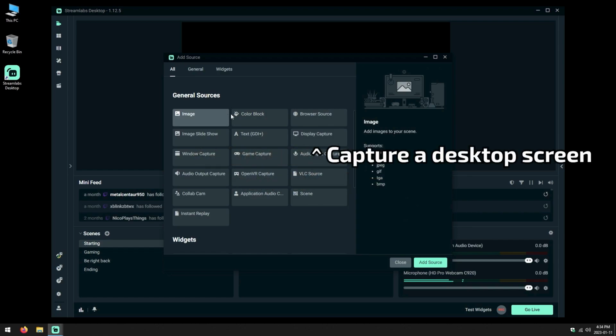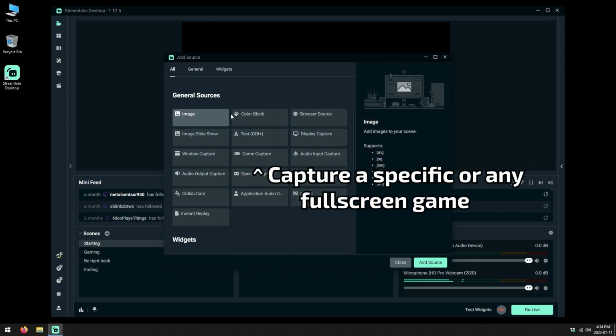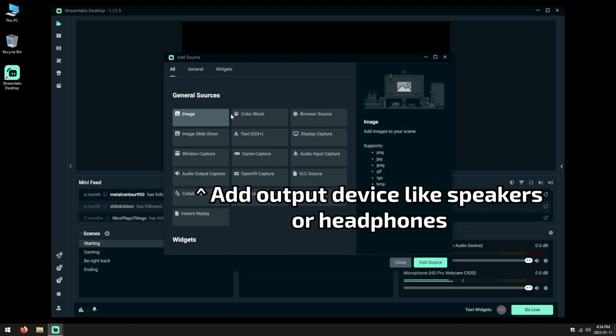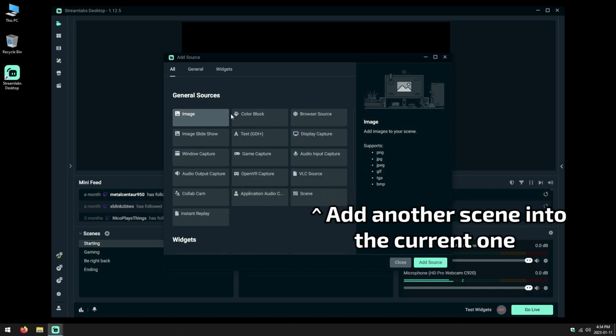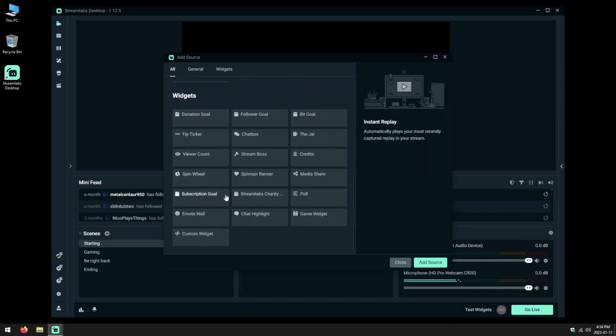Display capture allows you to show a desktop screen. Window capture allows you to capture any windowed application. Game capture allows you to show a game. Audio input capture allows you to add input devices like a microphone. Audio output capture allows you to add an output device like speakers or headphones. And scene allows you to add another scene with all of its sources. There's also specific Streamlabs Desktop widgets like goals, chat boxes, and alert boxes that you can add straight from the